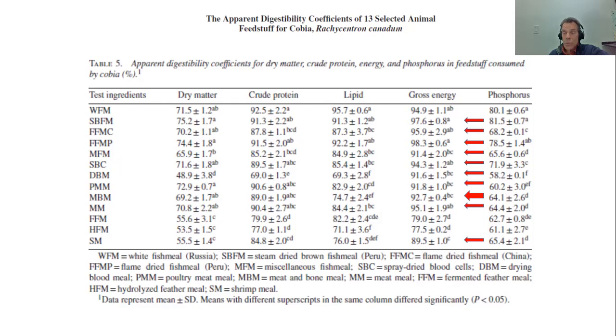So when reviewing information on the digestibility of feed ingredients from the literature, you have to develop the nose, this know-how and ability to look at the results and determine whether they make sense or not. You cannot use them at face value. You always have to be highly critical of this information.